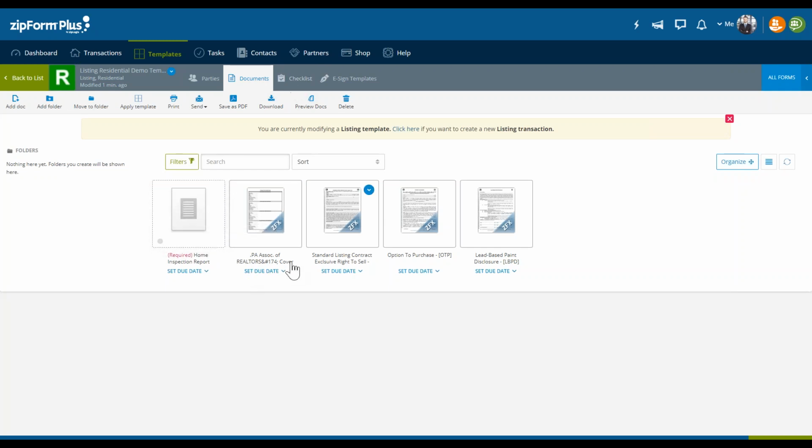Now, when it comes to those relative due dates that you saw, those time windows, the 12 or 15 days, and you saw me giving myself that time window. As soon as I enter that actual transactional due date into the transaction, that's when the timer will start. Okay, so that's why I strongly suggested sticking with relative, giving yourself a time window. Because with fixed, as soon as you apply it to another transaction, 2 days from when it was due, it's already going to give you that past due date or expired task.